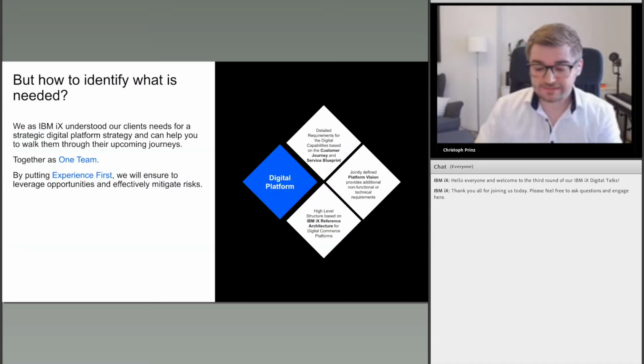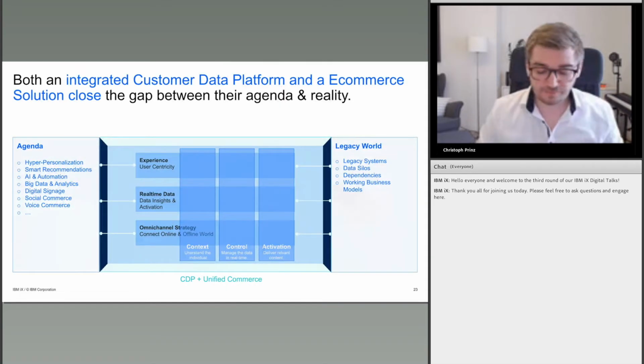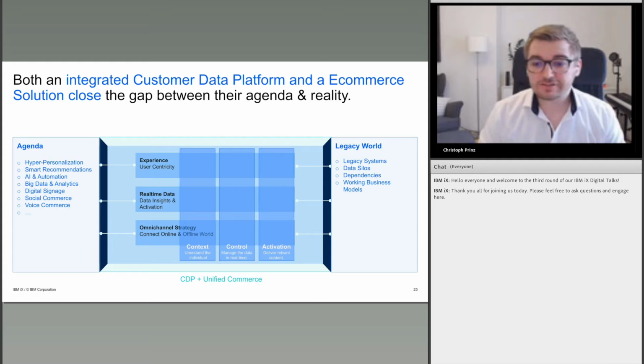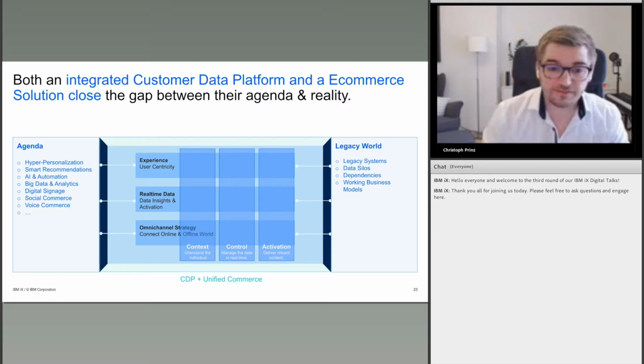And this is exactly the moment where I want to reference the talk we had yesterday, because yesterday we had a great discussion about customer data platform. If you're interested in what this customer data platform is and what the capabilities behind that are, I would like to invite you to go to our website of the IBM iX talk, and you will find the recordings of the sessions there, and you can see how we at IBM iX define a customer data platform and what kind of capabilities we see in it, and what the financial risk is, for instance, if you want to go in